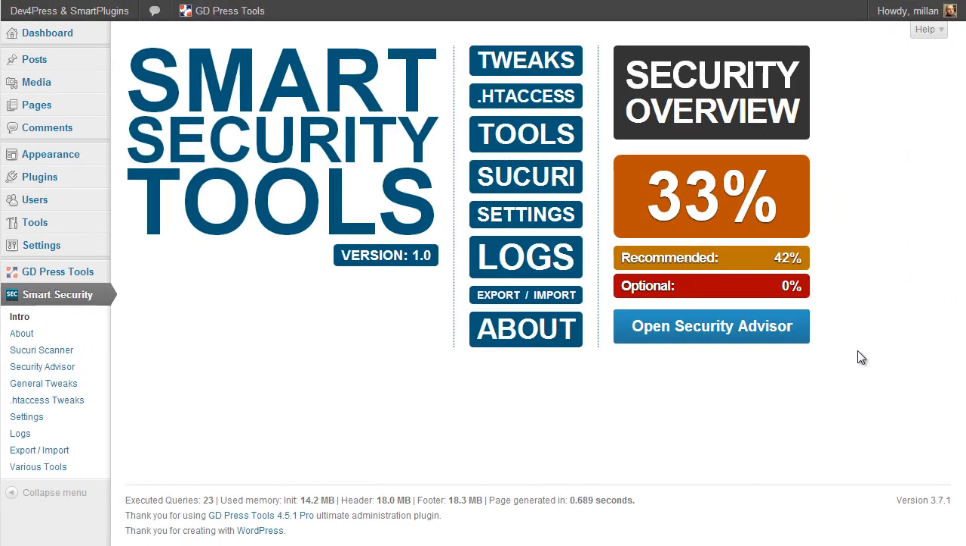Smart Security Tools is a new plugin from Smart Plugins, and this time it is used to improve WordPress website security. As you can see on the front panel, you see the list of tools and tweaks included with this plugin, and different panels you can go to, and you have a brief security overview showing